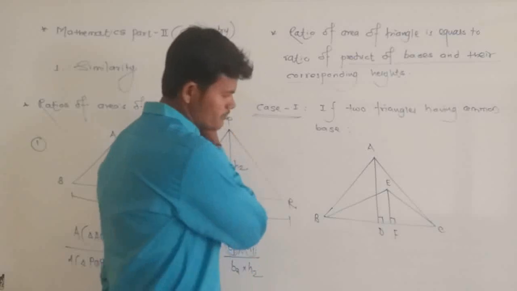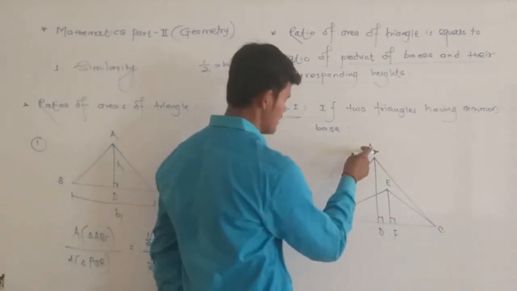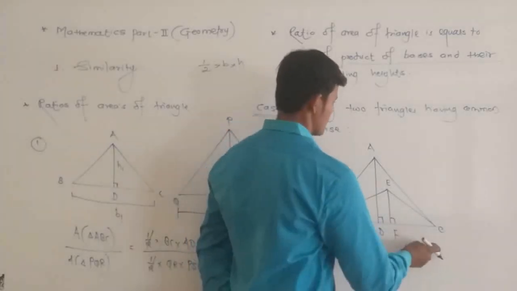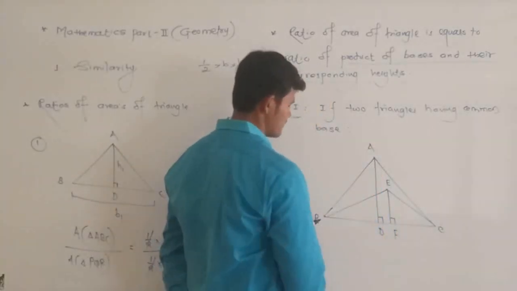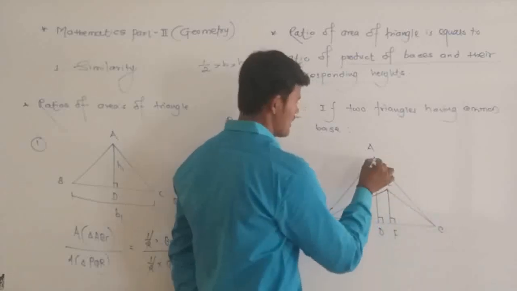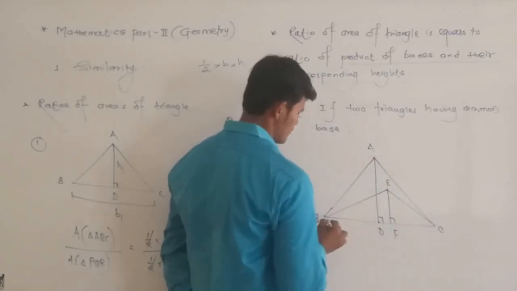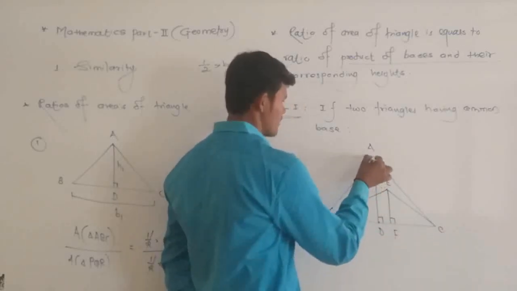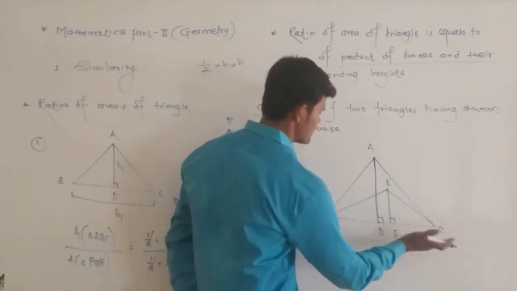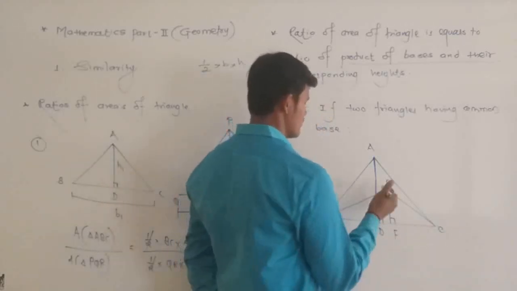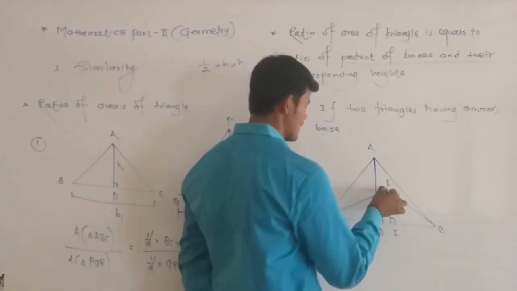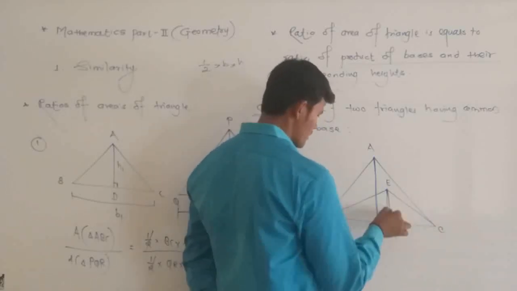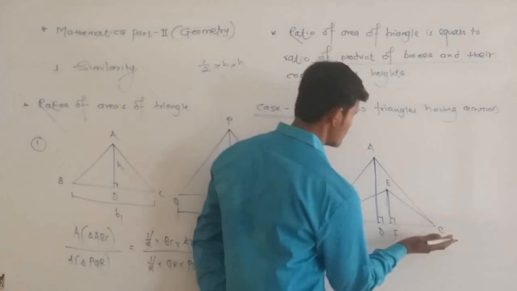In the given figure, two triangles are there. The first triangle is triangle ABC and the other triangle is EBC. For the first triangle ABC, the height is AD and the base is BC. Why is BC the base for the first triangle? Because the perpendicular line AD is drawn on the segment BC. And in the second figure, for the second triangle EBC, here is the height, which is perpendicular on segment BC.